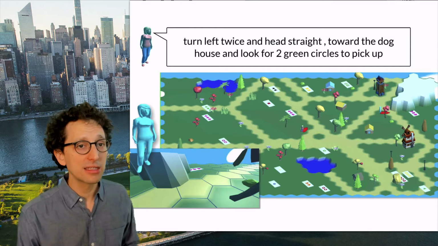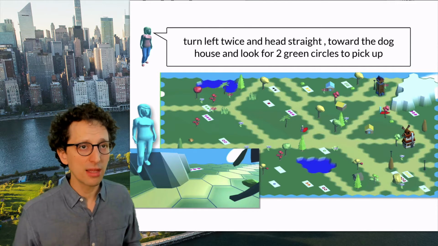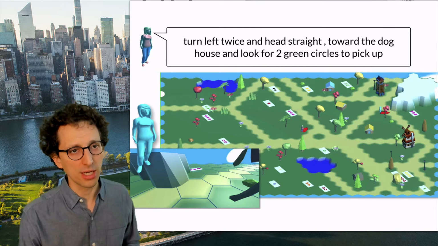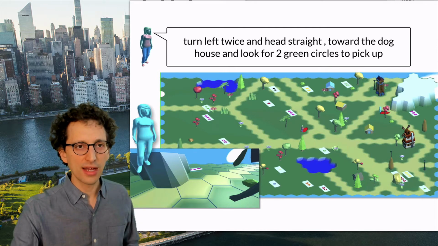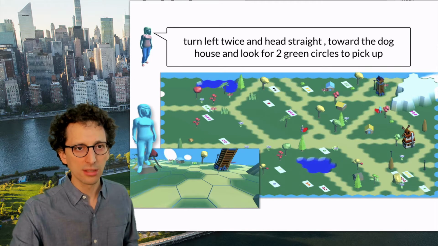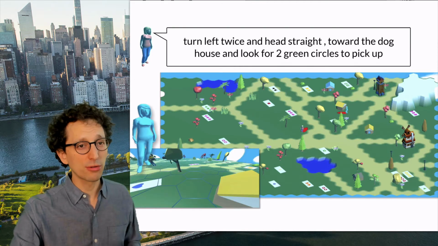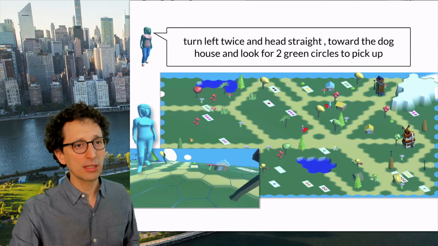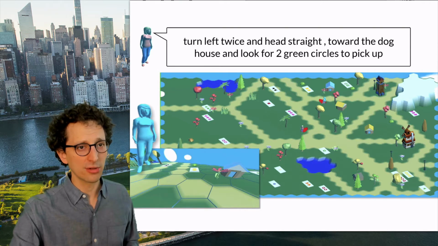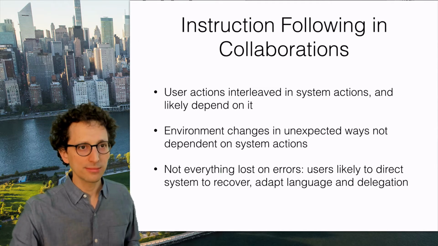The leader starts by giving the instructions: "Turn left twice and head straight towards the doghouse and look for 2 green circles to pick up." So it wants the follower to pick up this card here. As the follower starts the execution, it actually goes a bit in the wrong direction, but it will quickly correct itself and move in the right direction. In the meantime,